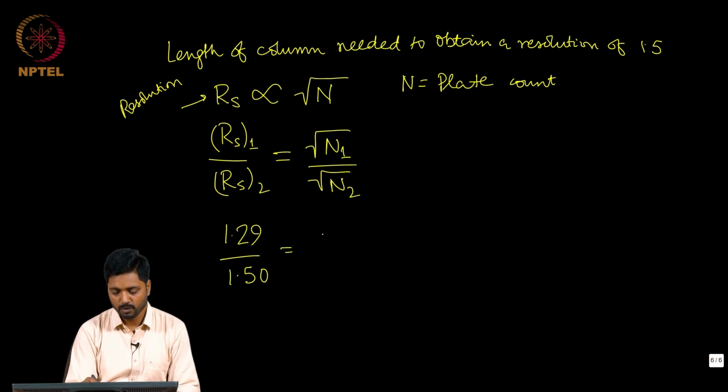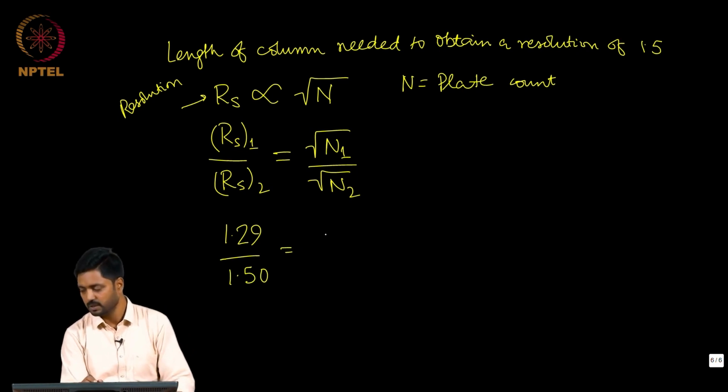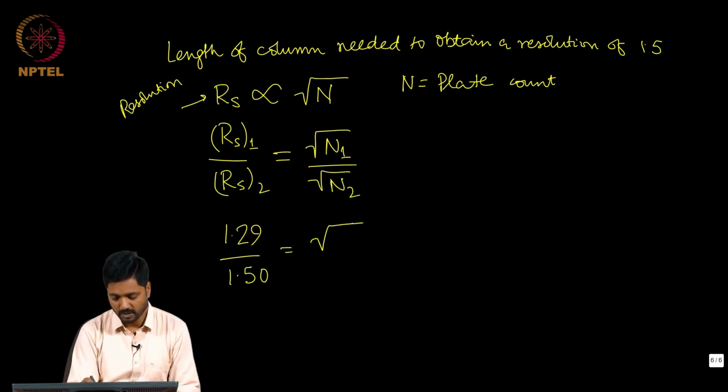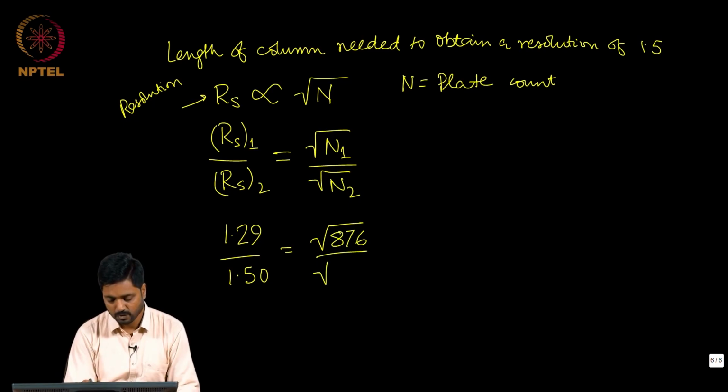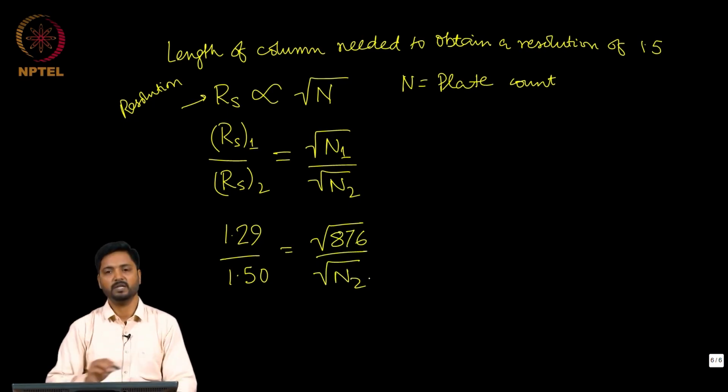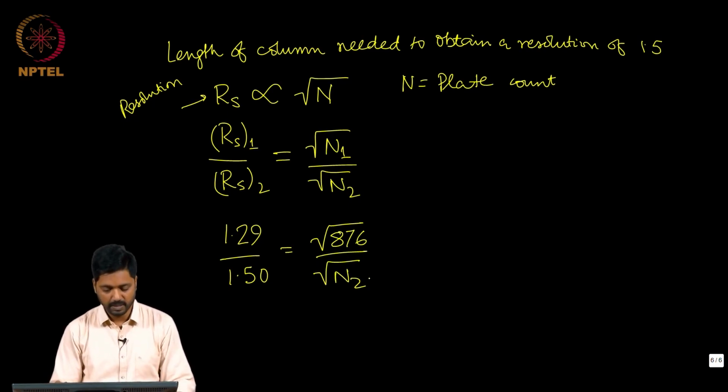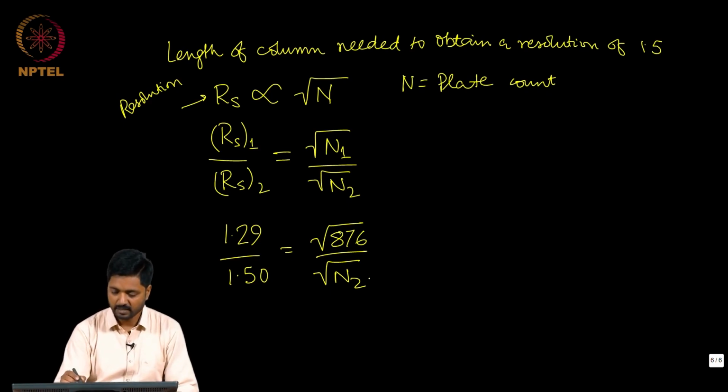We know the N1 value here, which is the average value of 876, and we do not know the N2 value. So, we plug these things into the equation, and when we solve this, we get